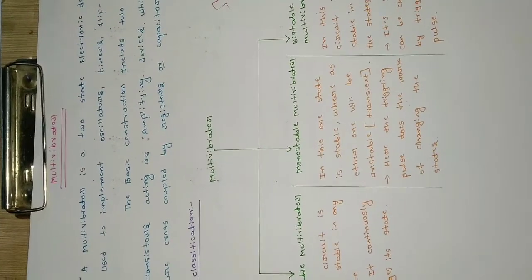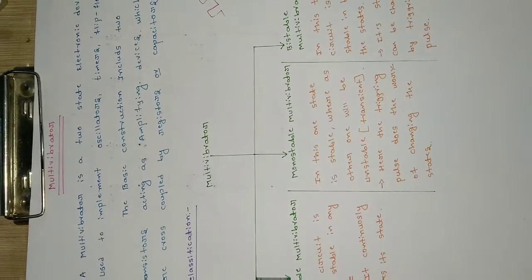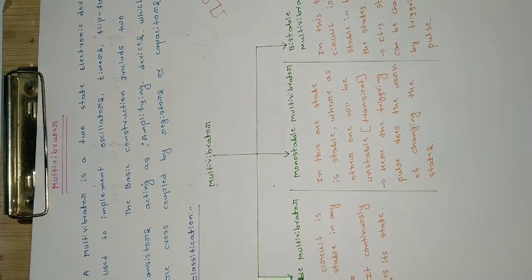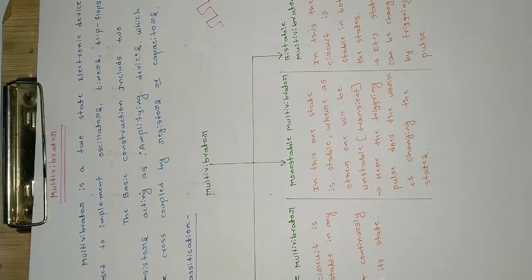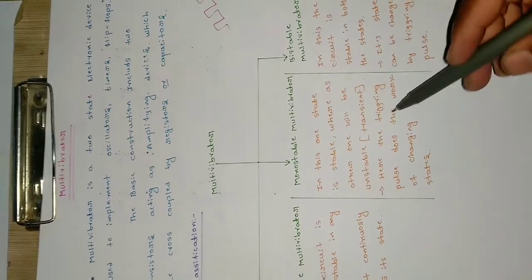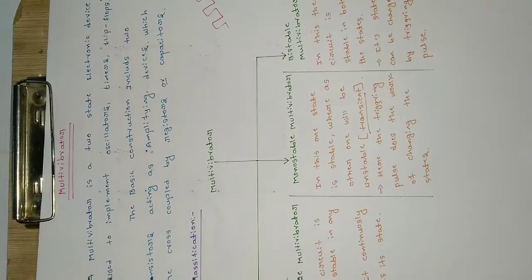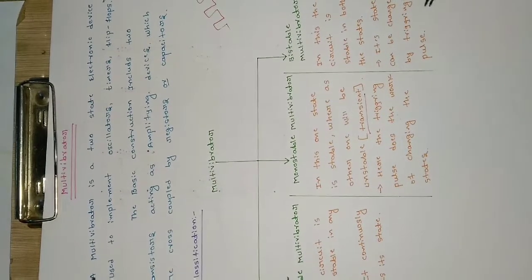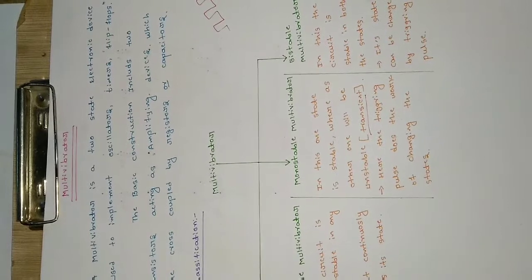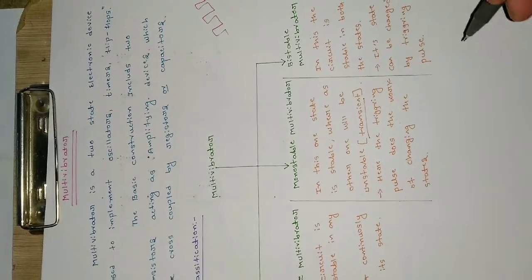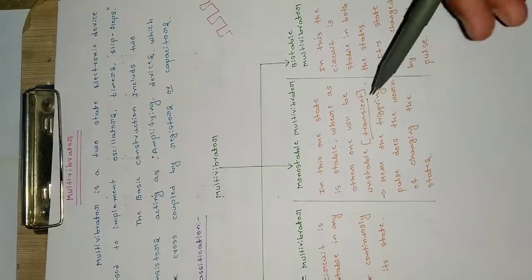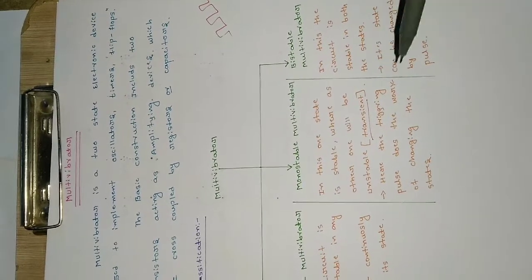And the second one is monostable multivibrator. In this, one state is stable whereas the other will be unstable. So it has one stable state and the other is unstable or transient. Here the basic meaning of transient is changing. So here we will be having one state as stable. We require a pulse to change it from the stable state, and we don't require any other external pulse to maintain the monostable multivibrator in the unstable state.